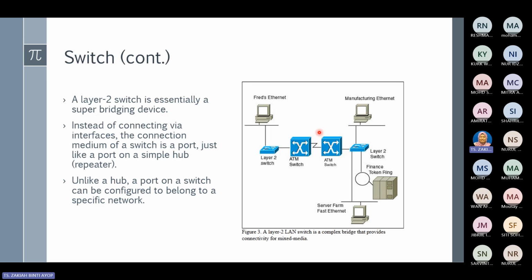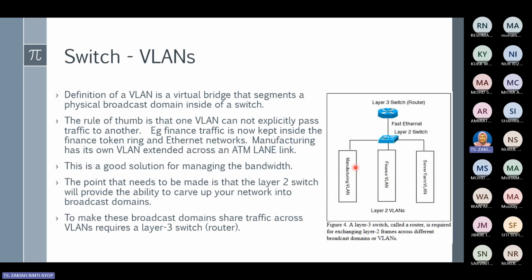Instead of connecting via interfaces, the connection medium of a switch is a port, just like a port on a simple hub or repeater. They use a port to connect between the switches and other network devices. Unlike a hub, a port on a switch can be configured to belong to a specific network,